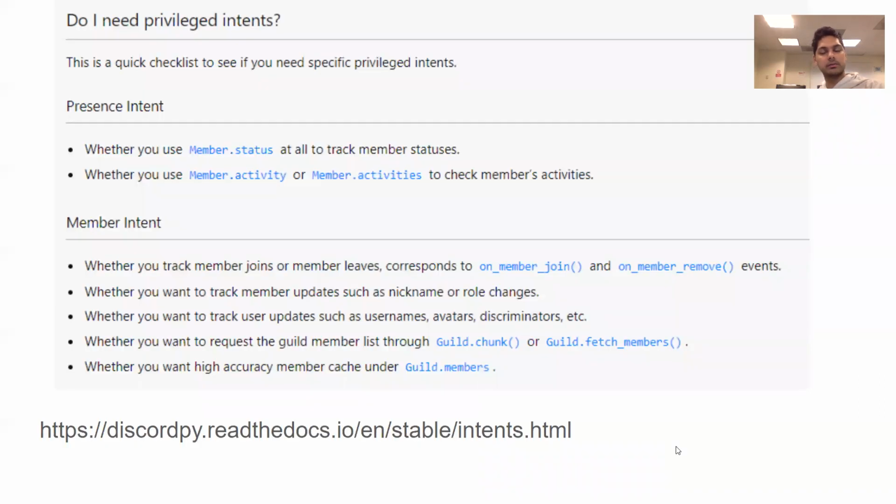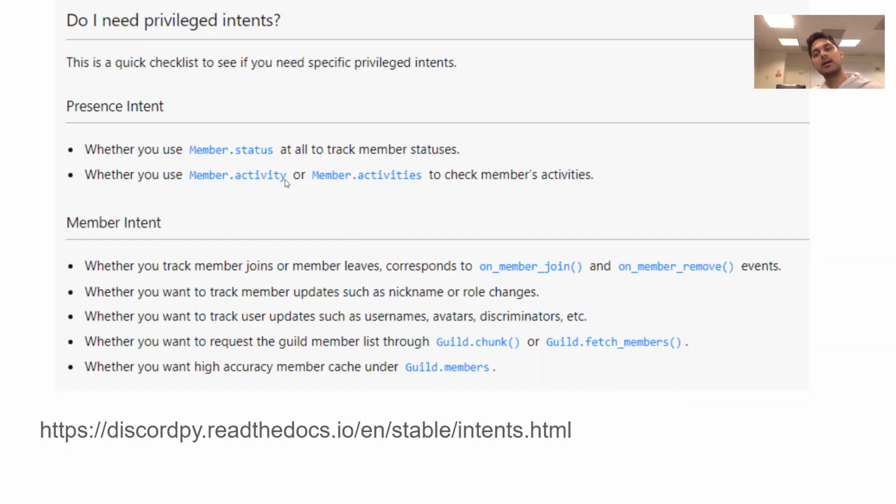You can use this checklist to see if you really need it. Do you want to know the member status for anything that you do with your bot? Do you want to know if this person is playing a game, if this person is listening to Spotify, the activity of somebody? Or actually status, oh no, status is online, offline. Do you want to know that stuff?